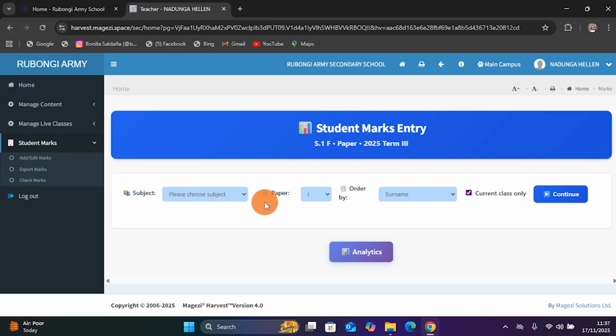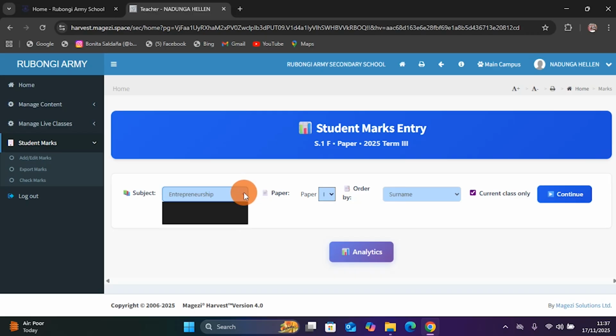Here I'm supposed to choose the subject that I teach. I'm going to choose the subject by clicking this drop down arrow. This subject is assigned to this teacher by the system administrator, so it is entrepreneurship.